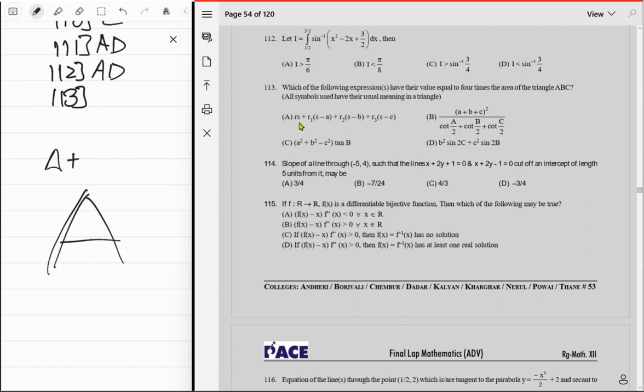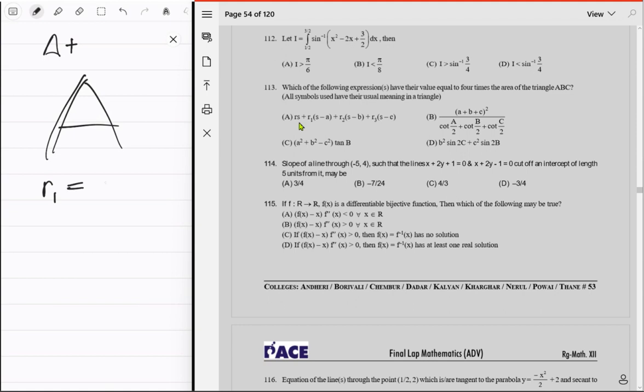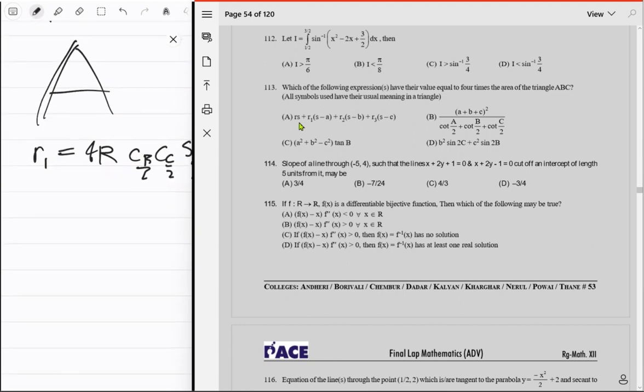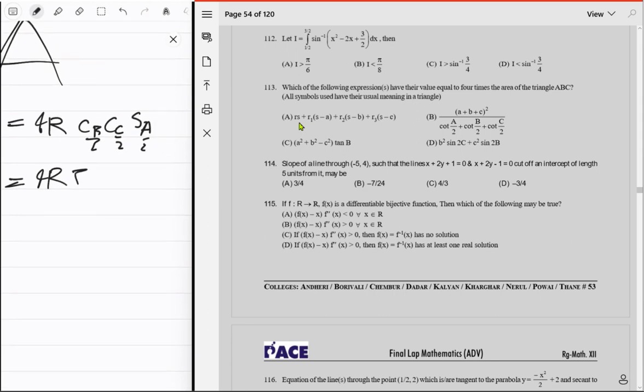Let's use a different tactic. तो अपन कर सकते हैं ना ये चीज, R1 is equal to 4 capital R sine of... that's not for the thing. Cosine B upon 2 cosine C upon 2. Okay, that's not going to work. Sine A upon 2, and then R is just 4R product of sine A upon 2